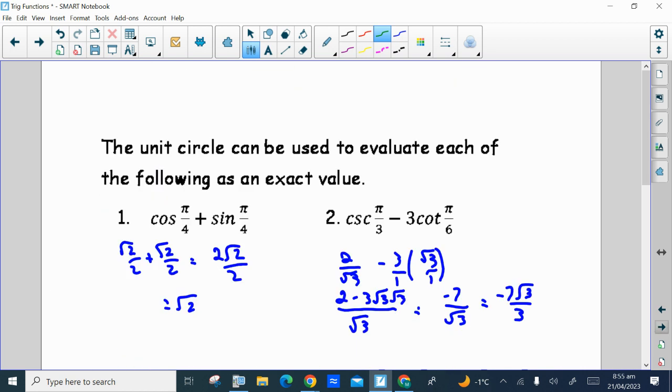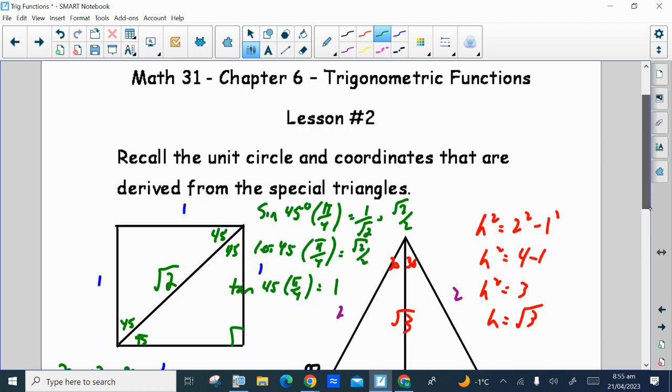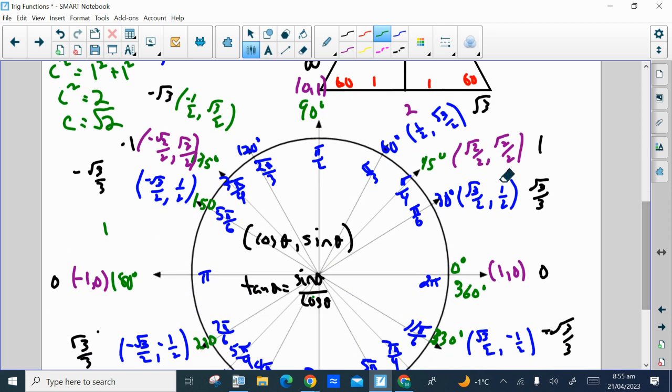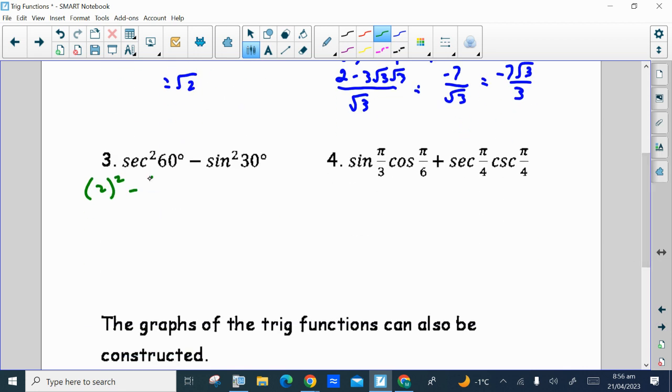But that needs to be squared. 2/1 or 2 squared minus the sine of 30 degrees. Remember, sine is the y value. At 30 degrees, the y value is a half, and that needs to be squared as well. So it'll be 4 minus 1/4. And if we get a common denominator of 4, it'll be 16/4 minus 1/4, which is 15/4, 3.75,